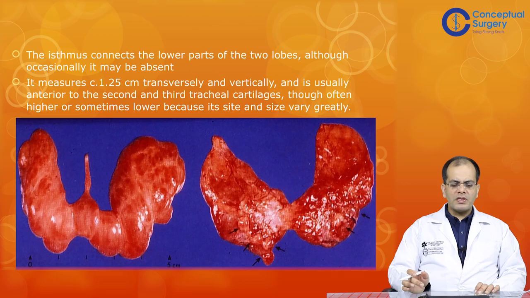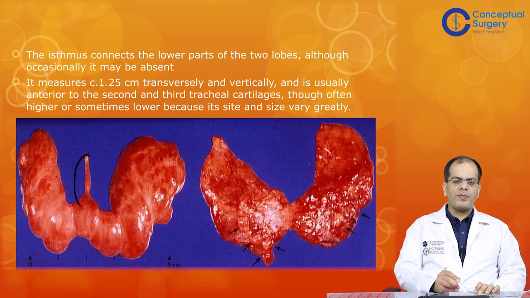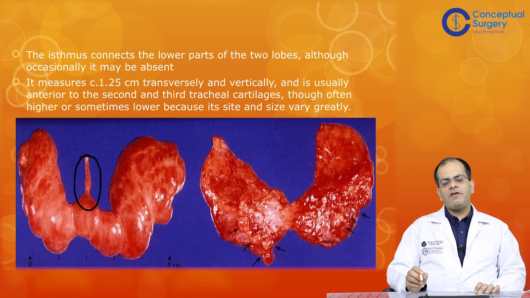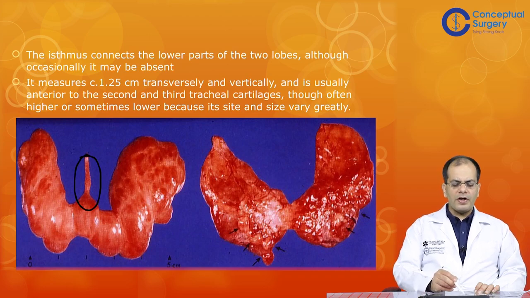Some pictures of specimens that have been removed. Here you are seeing an important structure which is called the pyramidal lobe. Normally it's left paramedian in location. The pyramidal lobe typically extends as an upward invagination, and some people state that it's a remnant of the thyroglossal duct or a partial failure of involution. It is found variably in about 30 to 50% of individuals,